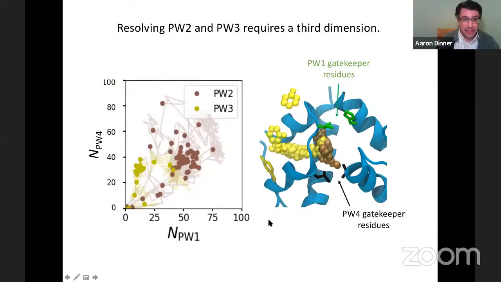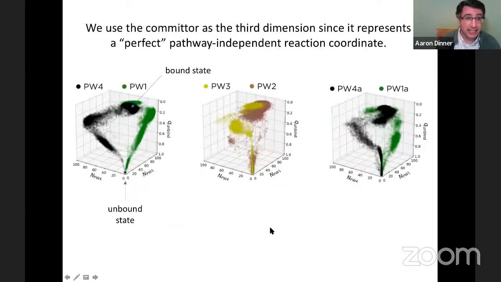Okay, so that's pathways 1 and 4. We'd like to look at pathways 2 and 3. In this space, those 2 pathways overlap. And so what we want to do is split the data into a third dimension. And the third dimension that we use is actually the committor, right? We can calculate it for all of the structures in our database, and it should be a perfect reaction coordinate, and so we might as well use it. And you can see it does a pretty good job of splitting pathways 2 and 3, the yellow and